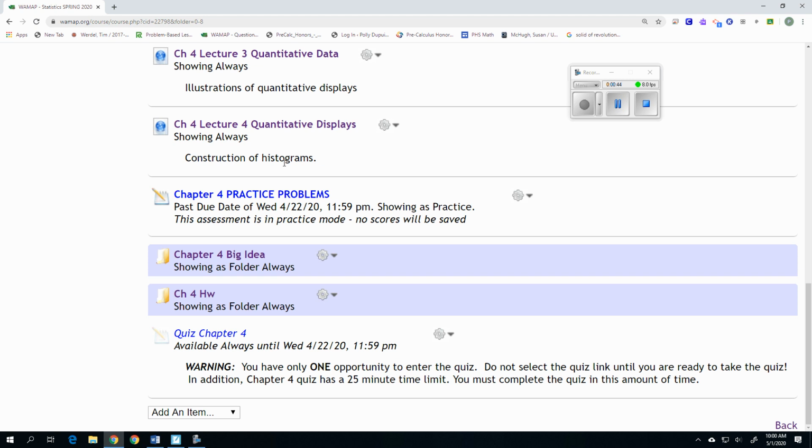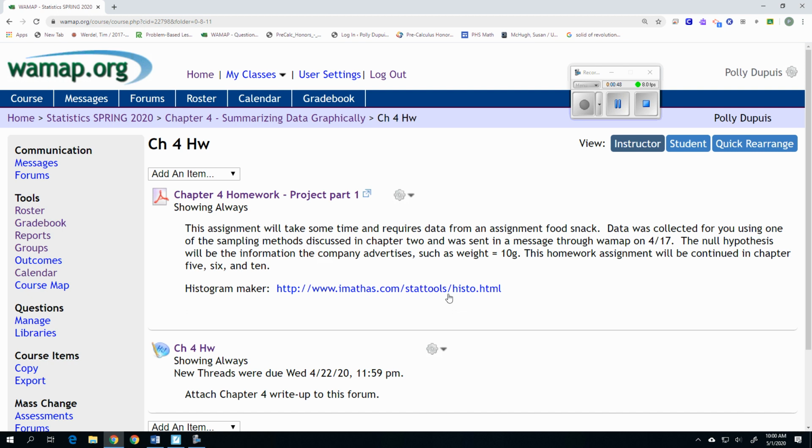If you are to make a histogram, if I go into the homework and I look, right here is a link to making a histogram. If you go back and listen to the lecture, the histogram, there is not a set number of bins or classes that you need to decide upon. However, 1 and 2 is not enough. 3 is barely. You need probably about 5 because part of your project for your midterm says that you need to